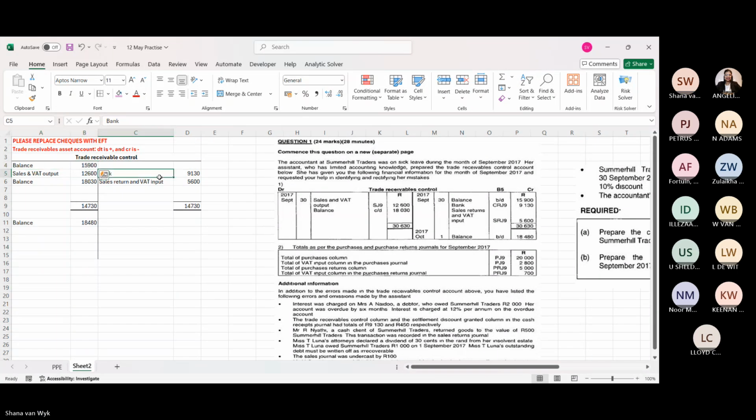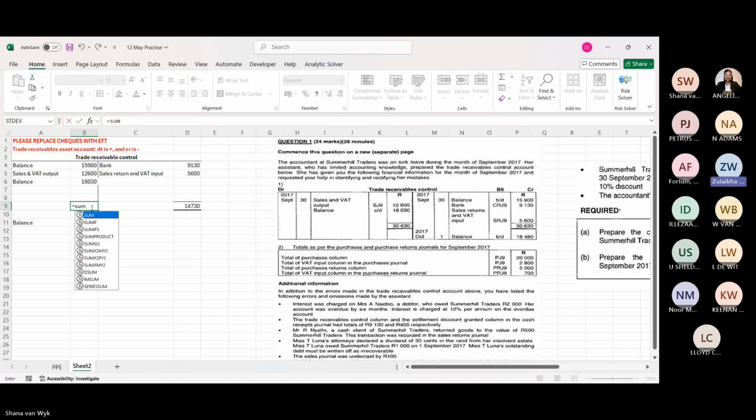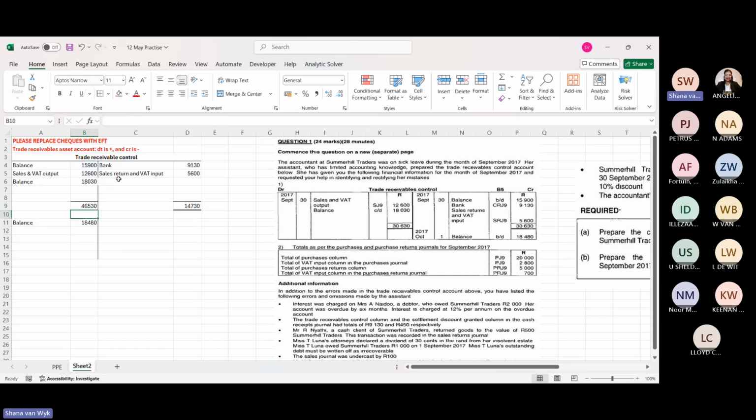Okay, so you should have picked up already that something's not right here, because the trade receivables account must have a debit balance of 15 on the debit side. Mustn't bank also be on the debit side? Wait, I'm fixing, guys. Don't tally up yet. We're going to leave it open so long. That's just going to be confusing.